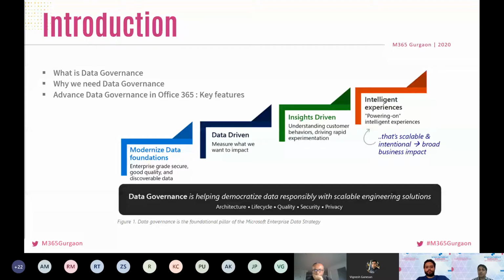Data has a huge impact on the economy, and for an organization, data can be said to be an asset. So everyone knows about the importance of data. Now, why do we need data governance? As I said, data is an asset, but we need to make sure to manage it well so that it doesn't